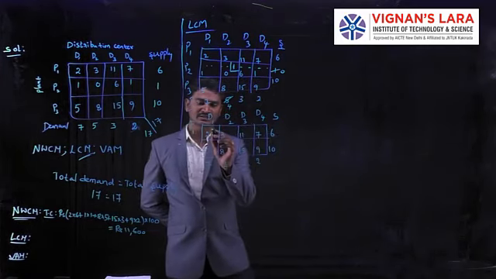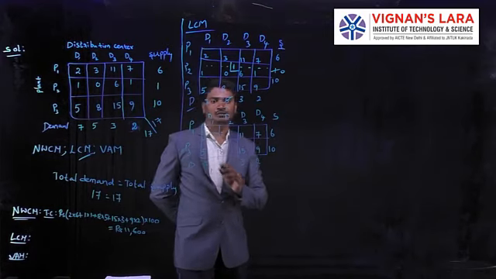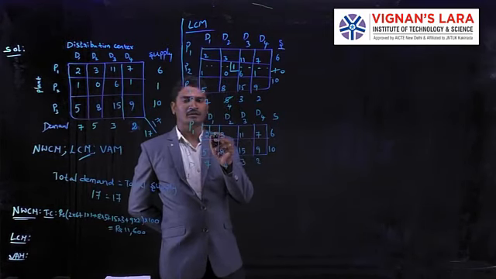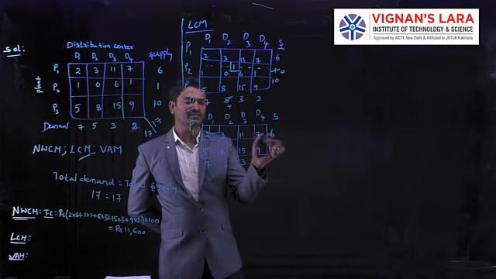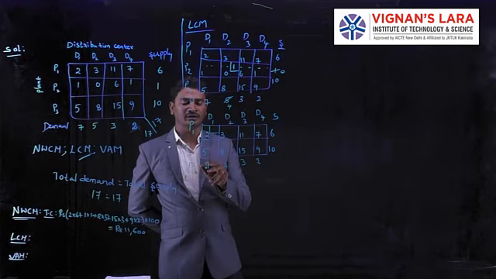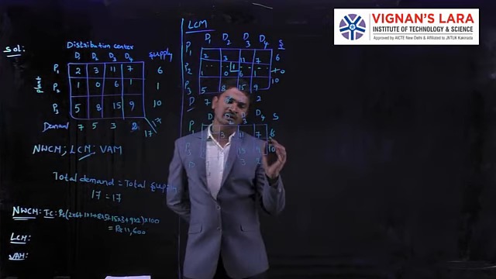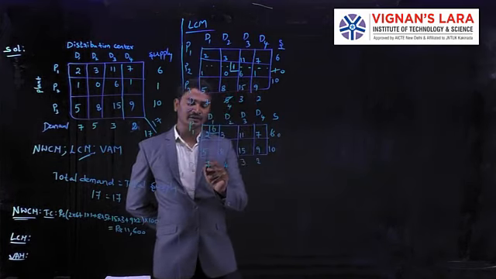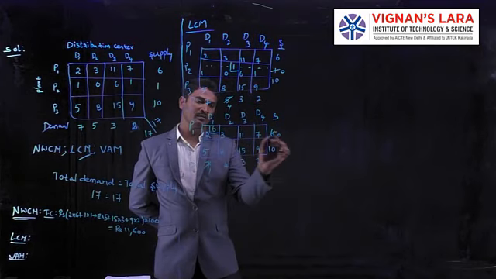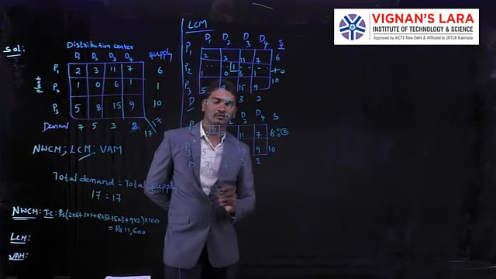Here the least cost is 2 rupees, so we are taking this 2. In this cell we are going to allocate the commodity. Here we have 6 units supply and the demand requires 7 units. From this we are going to allocate 6 units. After allocating the 6 units, the remaining supply is 0 and the demand is 1. So for further steps we are going to remove this row.